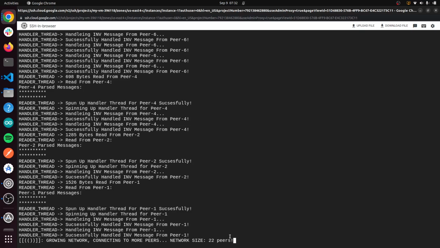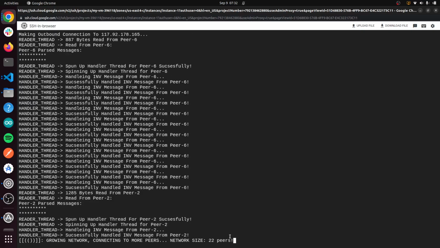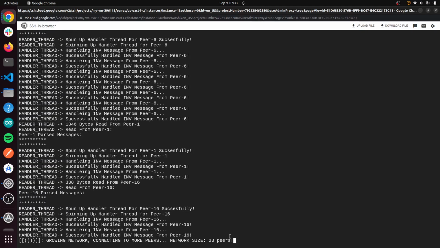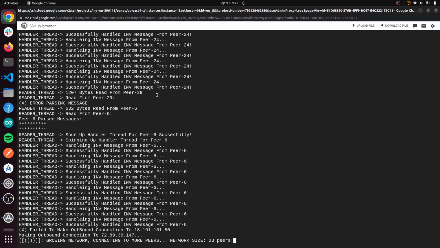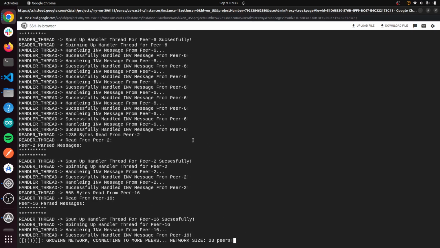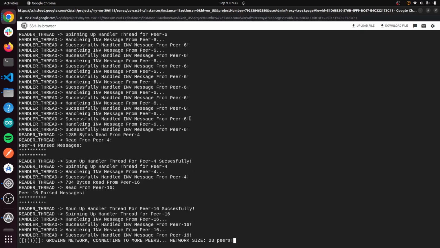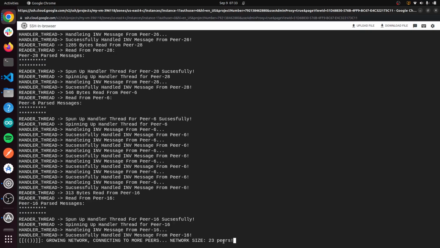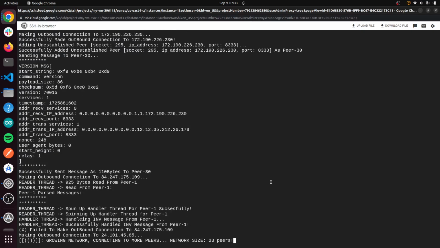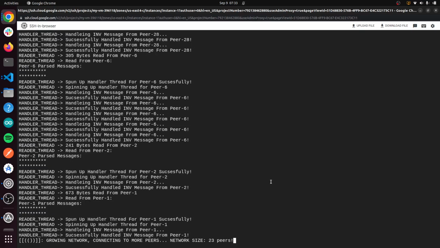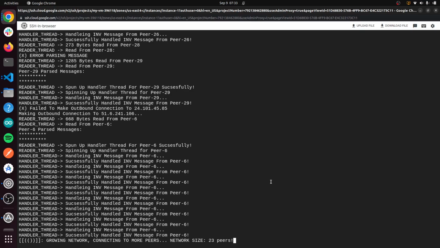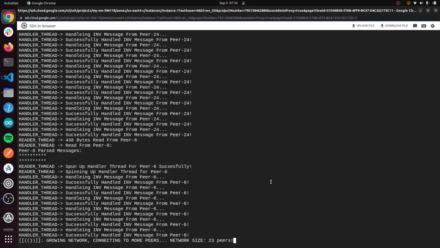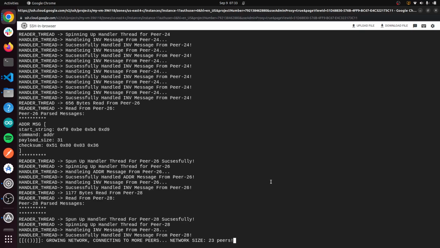But maybe 21, its Bitcoin connection was never established. So it's on the table and it adds to the count, like peer 24, peer 21. But we're not connected to it, so we didn't establish the Bitcoin connection, so that's why it just says 23. But yeah, we've grown to 23, which is pretty big. Probably going to 25.